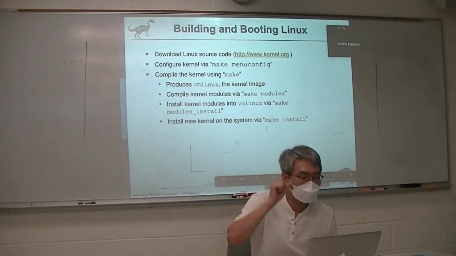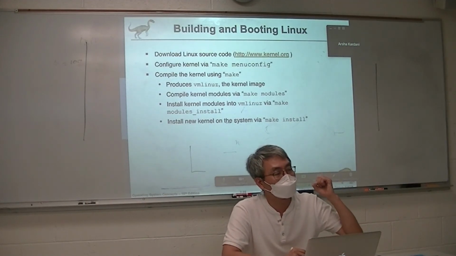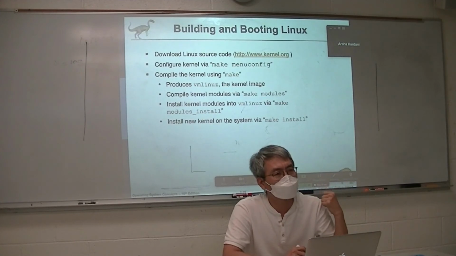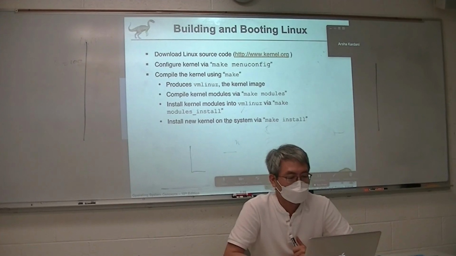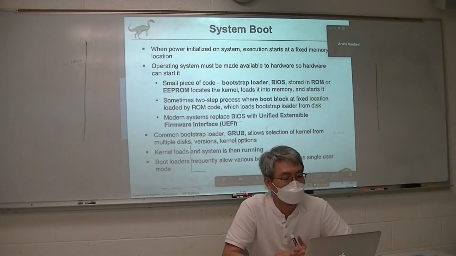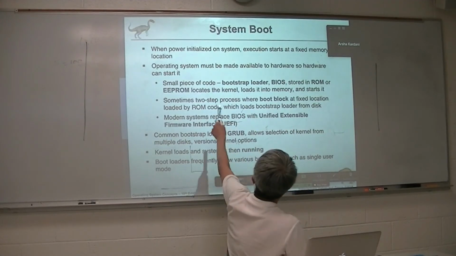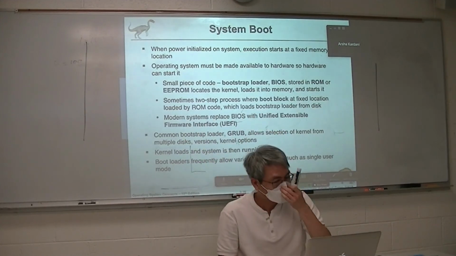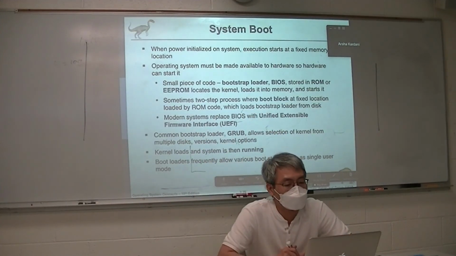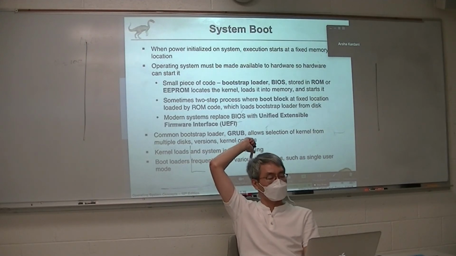Then when you start the program like the bootloader or GRUB program, you can select your operating system. So that is the system boot. As we have seen before, system boot is actually the bootstrap loader or BIOS and the boot program. So at that point, it finds where the operating system is. Like the bootstrap, GRUB can be used to select in case you have multiple.